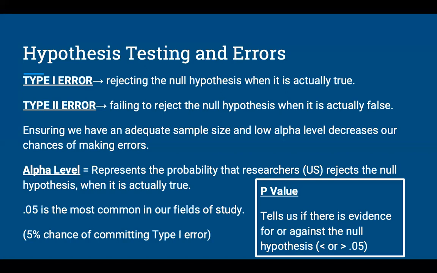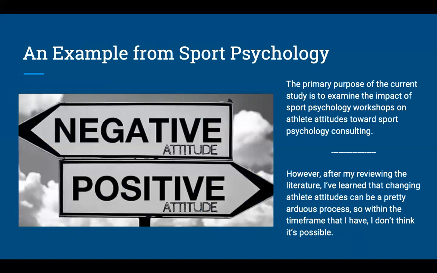Now, our p-value is going to tell us if there is evidence for or against the null hypothesis, and we're looking to see where that falls in relation to the alpha level that we set at 0.05, either greater than or less than. So how does this tie into an example, let's say, from my field of work of sports psychology? Well, I want to conduct an experiment, and I want to see the impact of sports psychology workshops, a whole series of them, what is the effect that that has on athlete attitudes towards